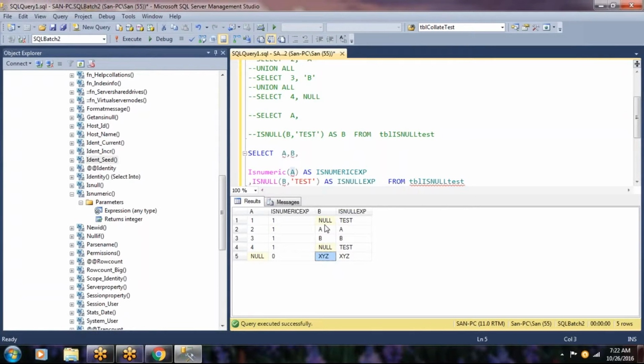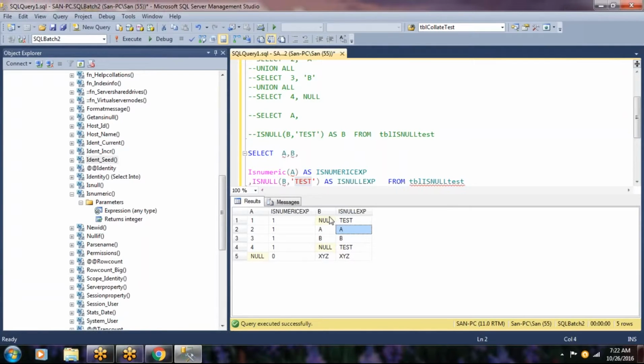So what I am telling the system is, whenever you find a null value inside this column for that row, just replace it with my static content. That's what ISNULL is doing. So inside this b column for this particular row, there is a value called a.